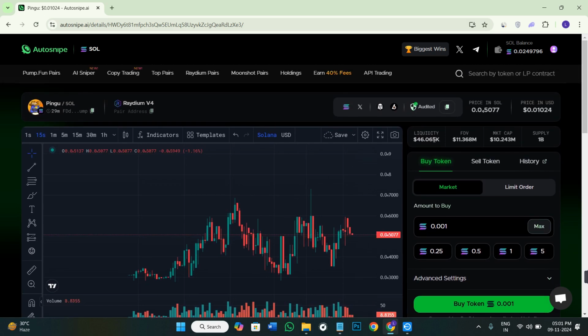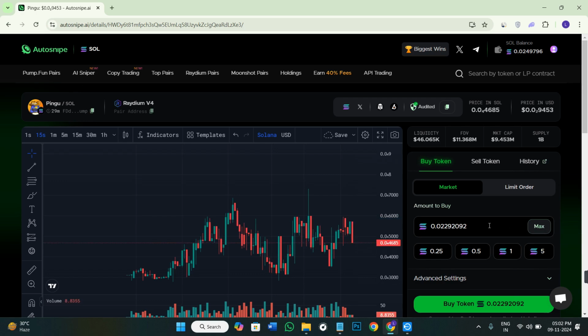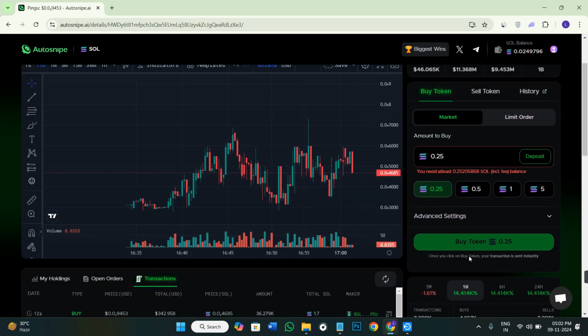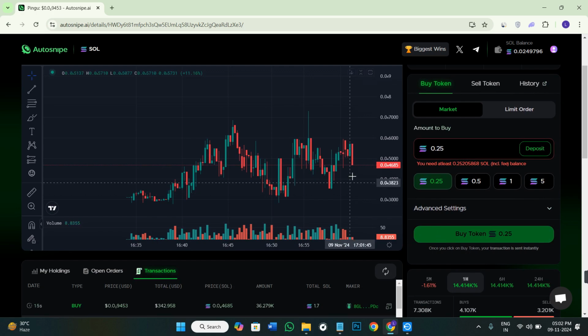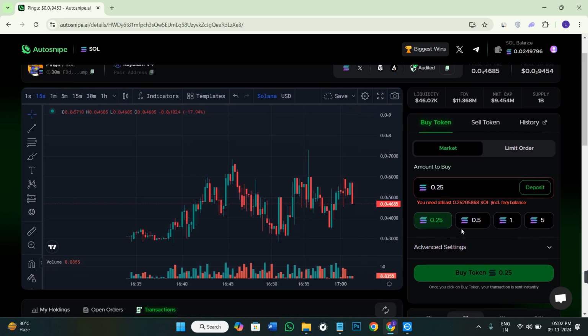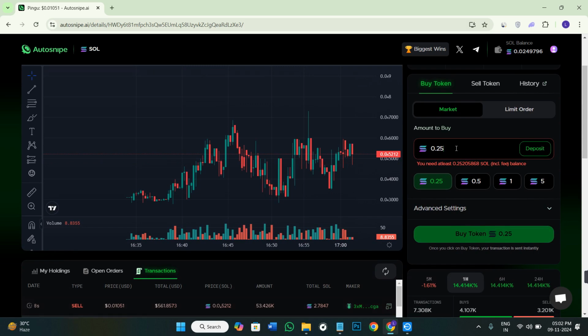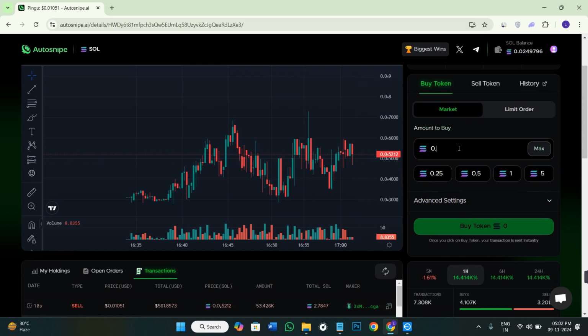So if you want to purchase this meme coin, you will be able to see this section where we have the buy tokens option. Now here in this section, you need to enter the amount in Solana. You can even use these presets, or you can use the entire amount in your account by clicking on the max option. So you can just enter the amount that you want to spend in order to purchase this coin. Afterwards, you need to simply click on the buy token option and your token will be purchased,